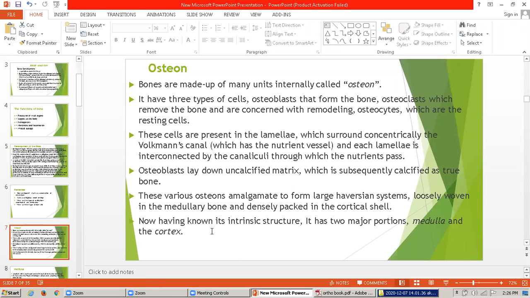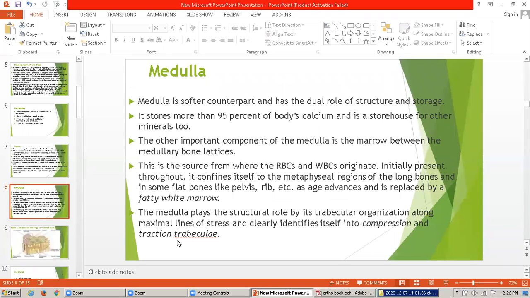Now, having known its intrinsic structure, it has two major portions, that is the medulla and the cortex. So the next topic is the medulla and the cortex. So what is the medulla? Medulla is a softer counterpart and has the dual role of structure and storage. So medulla stores more than 95% of the body calcium, and it is a storehouse for the other minerals,